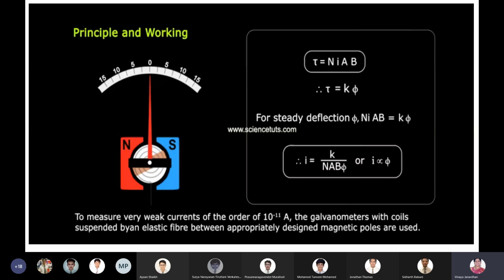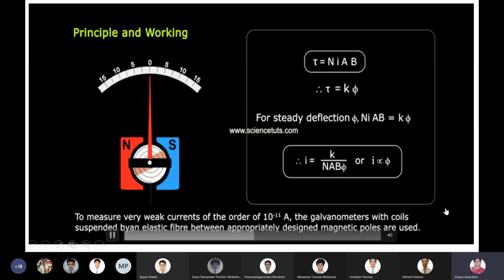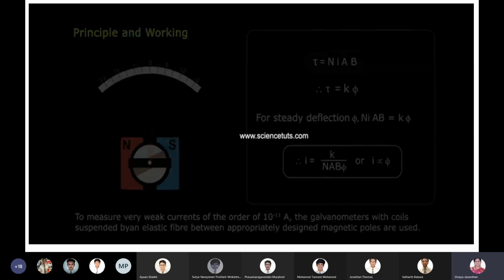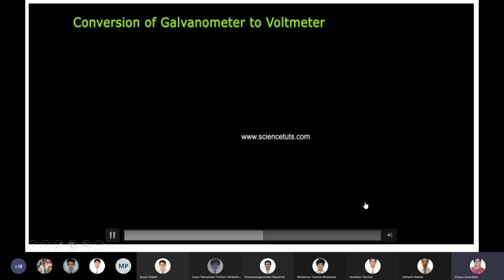To measure very weak currents of the order of 10 power 11 ampere, galvanometers with coils suspended by an elastic fiber between appropriately designed magnetic poles are used. Conversion of